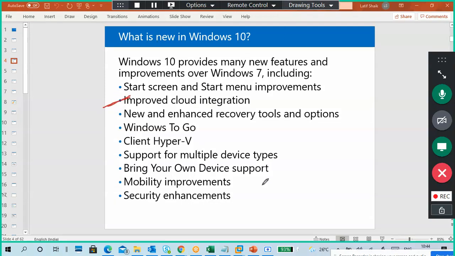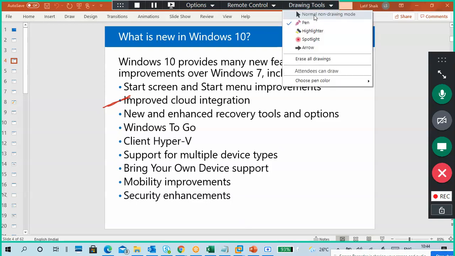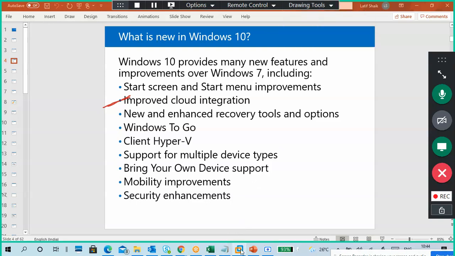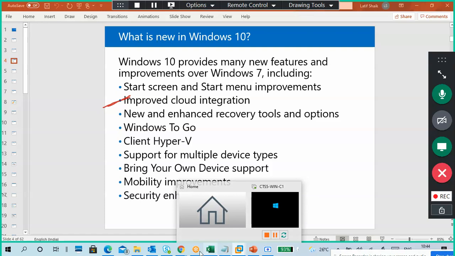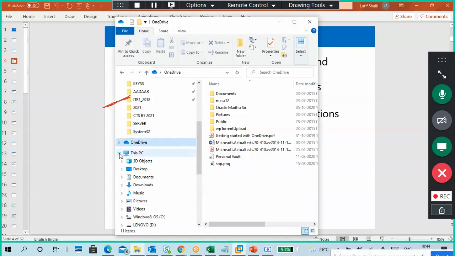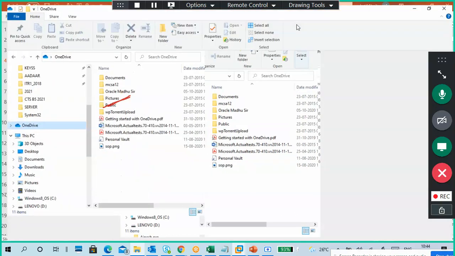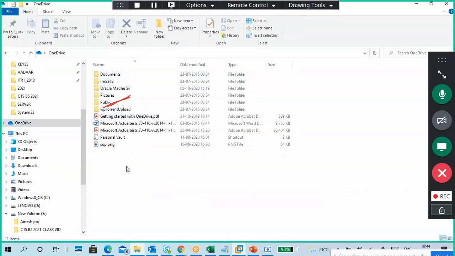Improved cloud integration. So what does cloud integration mean? Here it is. This is OneDrive. Microsoft provides OneDrive just like Google Drive. You can put your data here, and this data can be accessed from anywhere. When I put some data here, I can access it from my laptop, from my mobile phone, or from the internet.